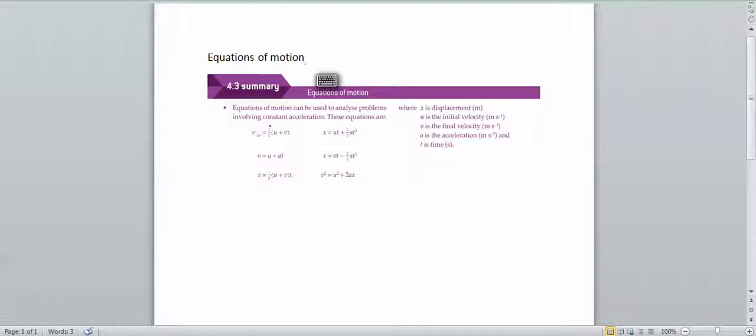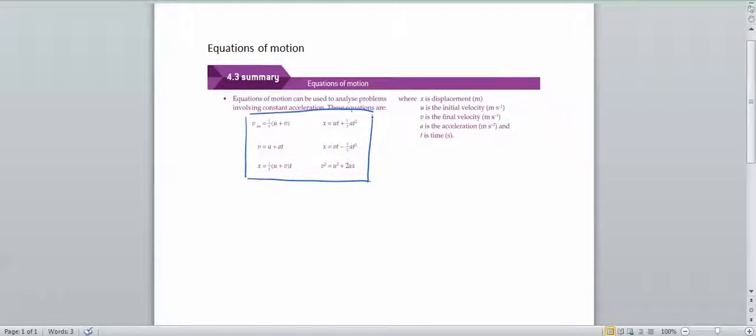And I guess at the moment, as it stands, we've got 6 equations of motion here. Some of these actually just come from other equations. So I guess they're not really equations, it's just rearranging some of them. But let's have a look at, first of all, what terminology we're using. First of all, we're using x for displacement or distance, but we're looking at an associated direction, and yeah, we would know x is displacement. If there's no change in direction, you'd call it just distance. Now, u being the initial velocity, v being the final velocity, a the acceleration in meters per second squared, and